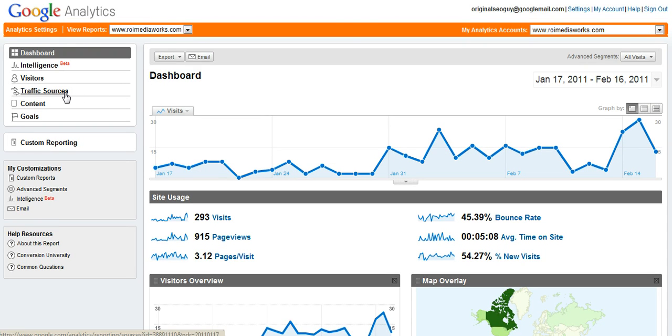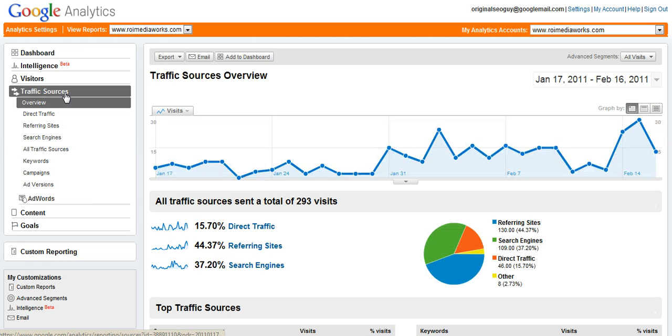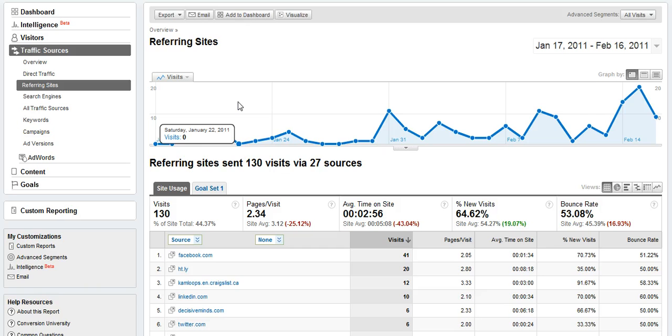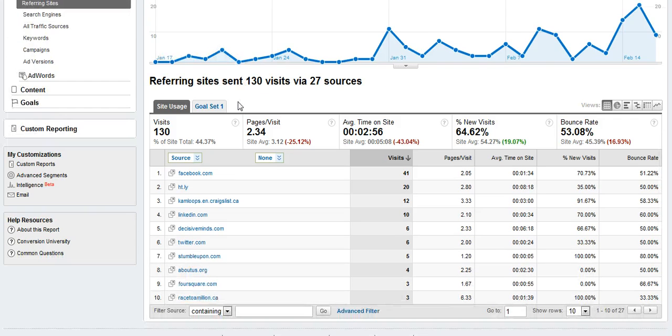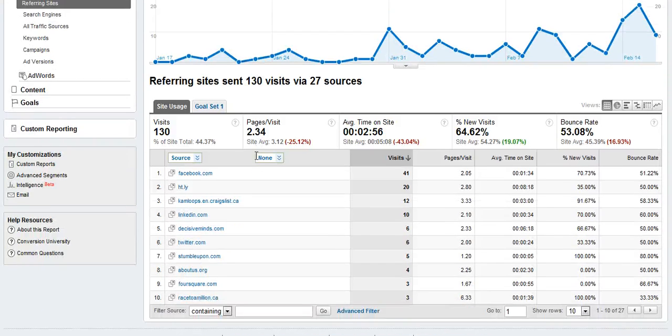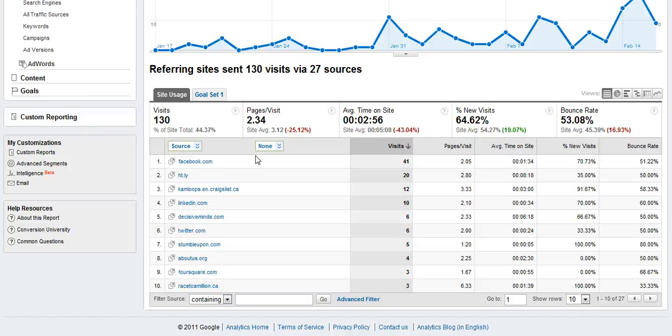So normally if you want to see any traffic coming from referring sites, you would go to traffic sources and then click on referring sites. This will have all the traffic from sites like facebook.com, linkedin.com, Twitter, StumbleUpon, like any links pointing to your website comes up here. If somebody comes through a link, it will show up in here. It could be, if you have multiple blogs, if you're getting traffic from other blogs to your blog, you would see them here. But it doesn't actually show what percentage is social media traffic and how does it compare to